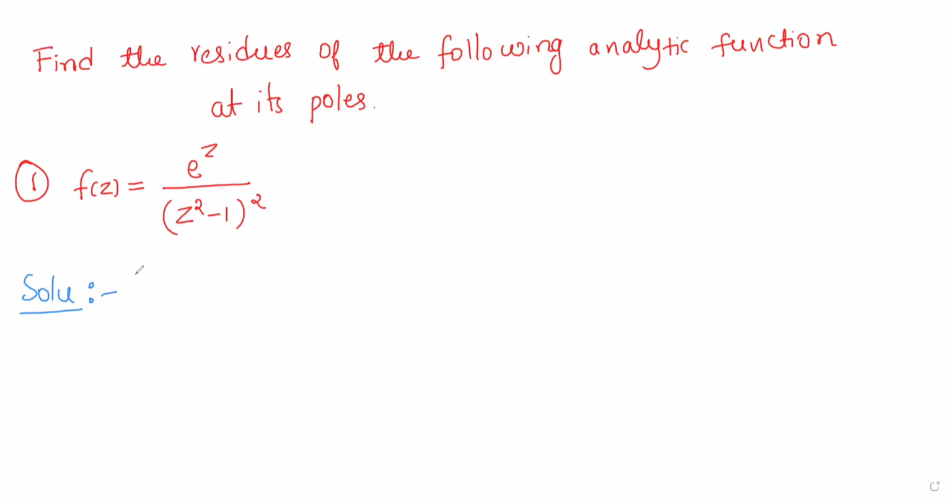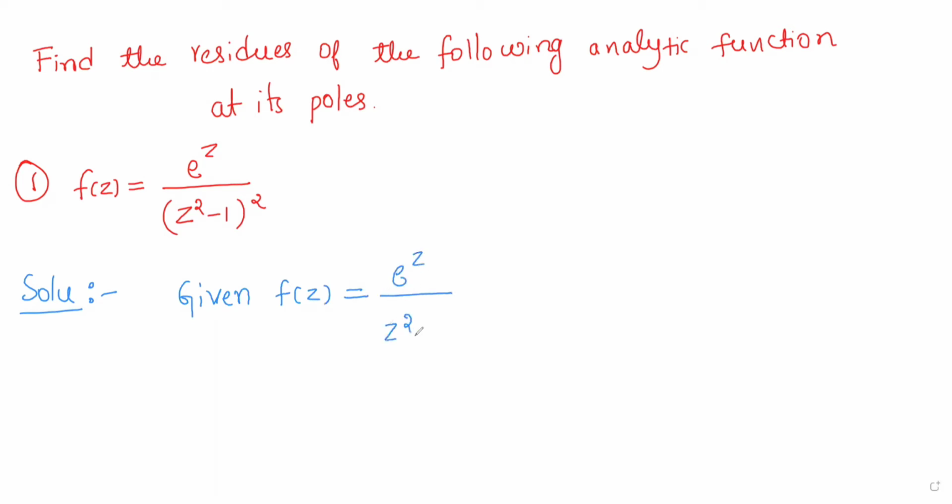So in the previous video, we solved some of the problems of calculating residues of analytic functions at their poles. Now we shall continue solving problems where we come across multiple poles. So now the first problem: given f of z is equal to e to the power z